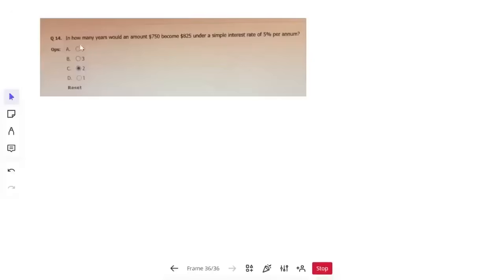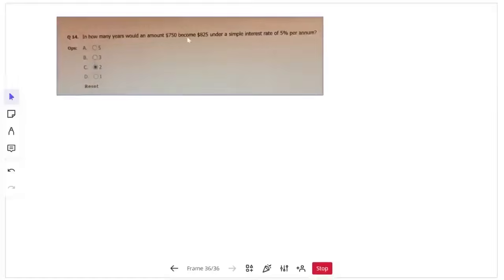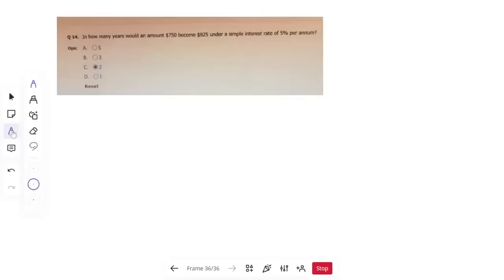Let's look at this question. So in this question, we are asked, in how many years would the amount $750 become $825, okay, under a simple interest rate of 5% per annum. See, so how will we solve this one? This is a question based on